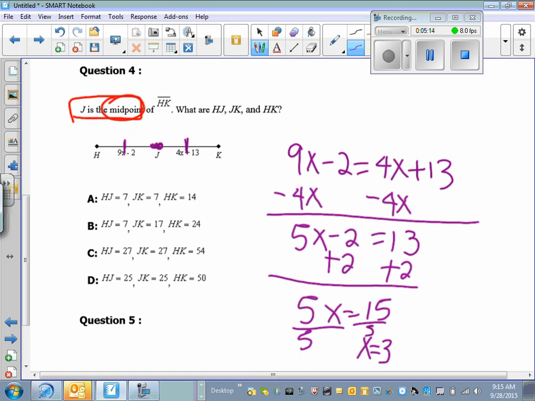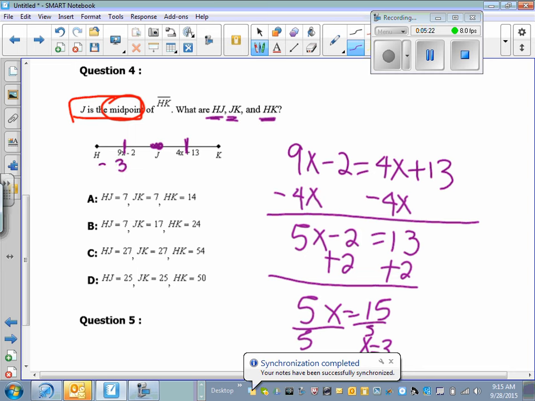But the question is, what are HJ, HK, and HK? So for HJ, you have to plug in the 3 here, so you have to do 9 times 3 minus 2, 4 times 3 plus 13, then find the whole thing, what that's going to equal. Number 5,